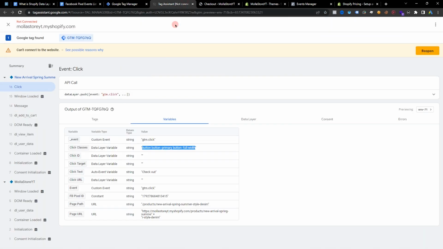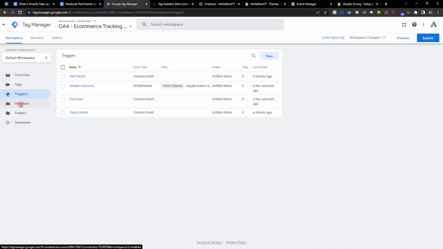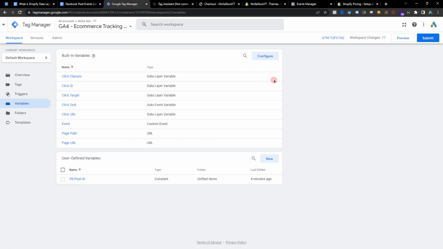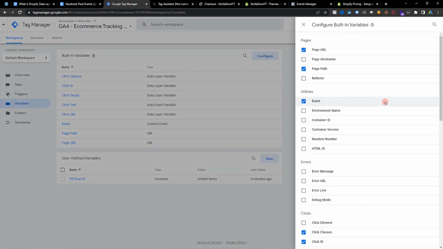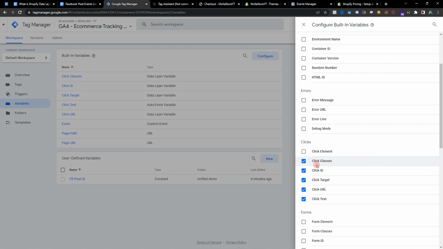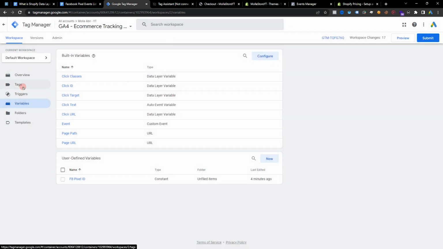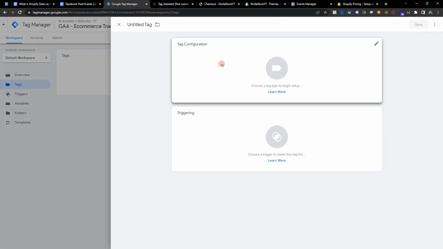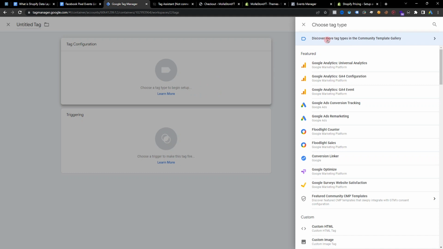Before that, we need to enable some built-in variables for this. Click class and click ID come from built-in variables. Go to variables and go to configure. Just enable click classes, click ID, click target, click URL, and click text. Okay, that's it. Now I'm going to tags and select new tag, tag configuration, and go to discover